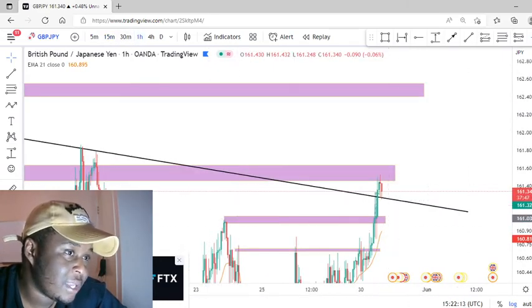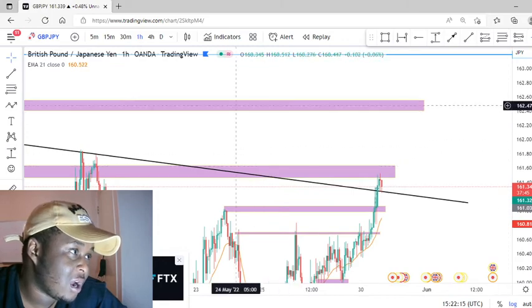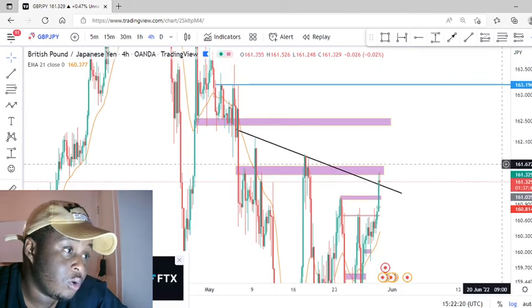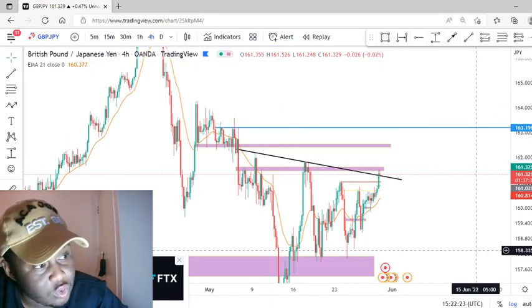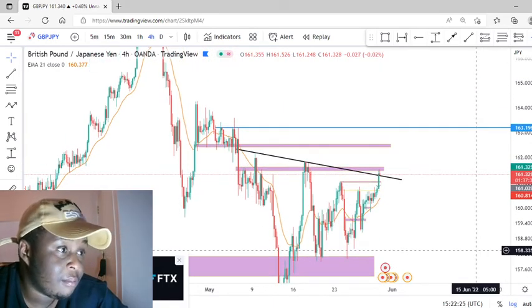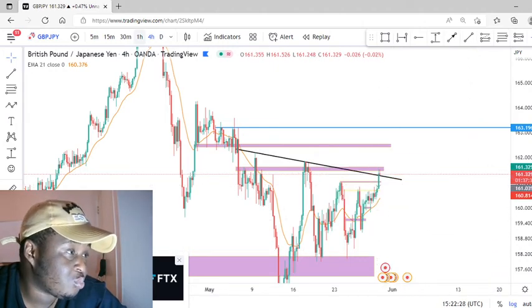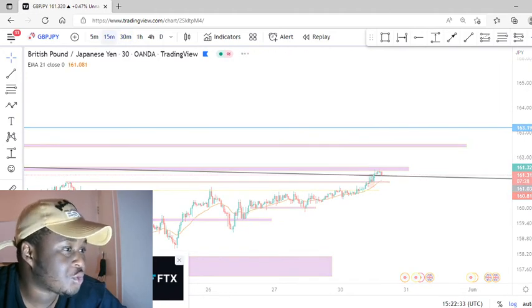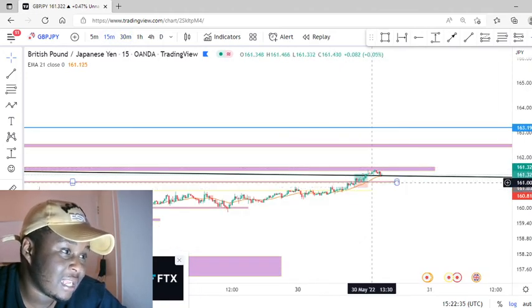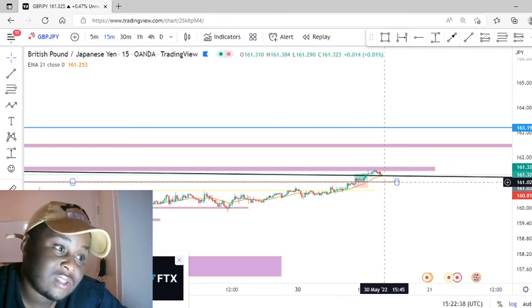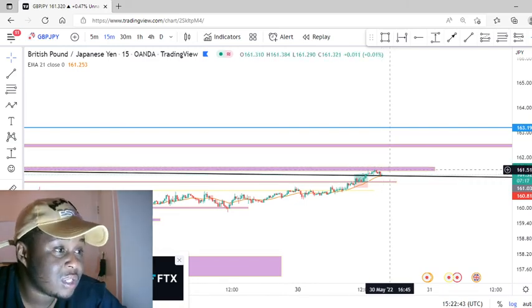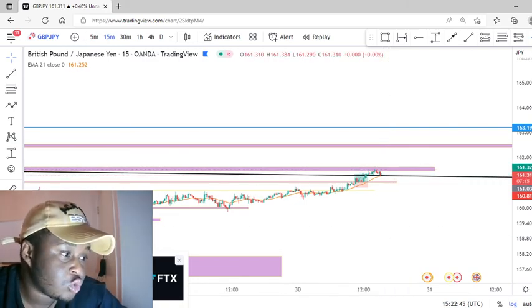So tomorrow might be crazy fruitful. You know, I just have to wait for it to work out and for it to basically pan out. Because if it doesn't go bullish, we also have to be looking for bearish signs or a retest of this broken zone over here. But it retested with the range, so I doubt that it's gonna retest unless it's gonna retest right now, and then this would be a great entry for another buy till this level to its previous high. So that's basically my analysis,